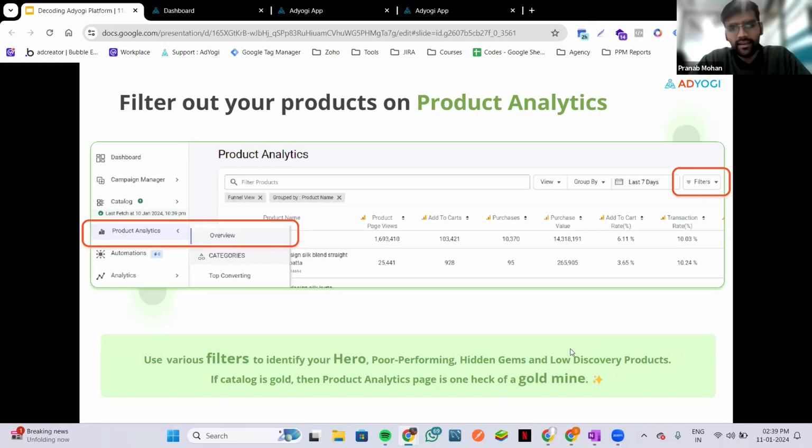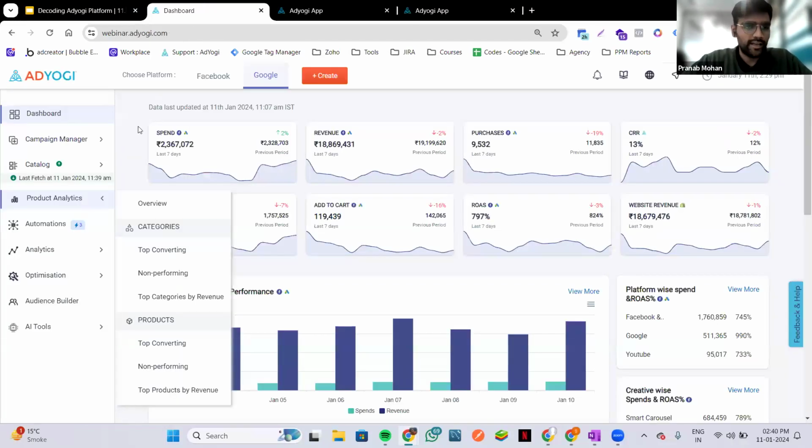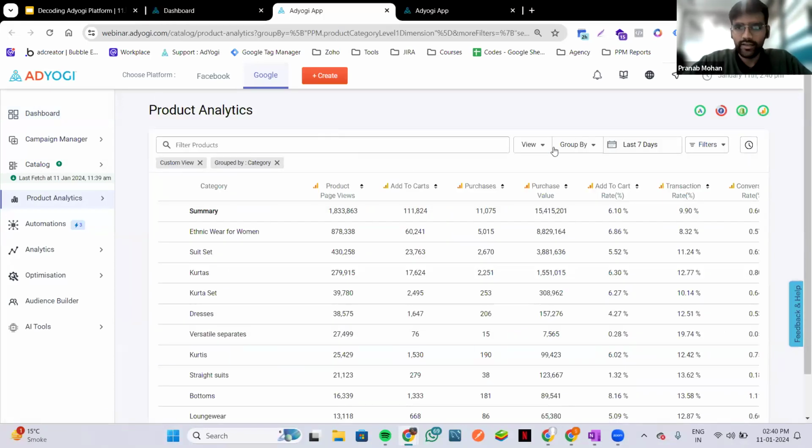And if given a chance, they can give you a good profitable return on your overall ROAS. So how do you identify these hidden gems or these hidden potentials? You can use the product analytics section to identify these hero gems. So what you need to do is go to your dashboard, and from your product analytics, go to the overview section. Once you go to the overview section, we have a complete comprehensive view created, which can help